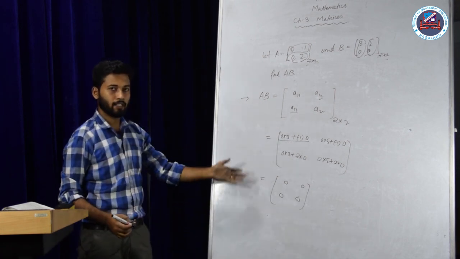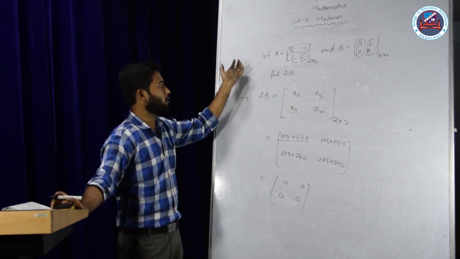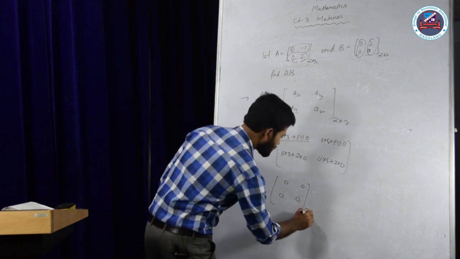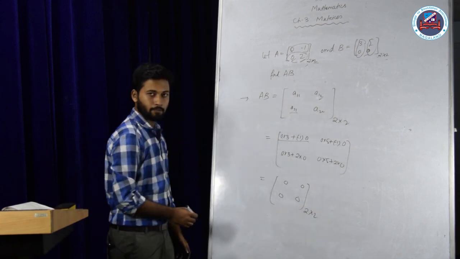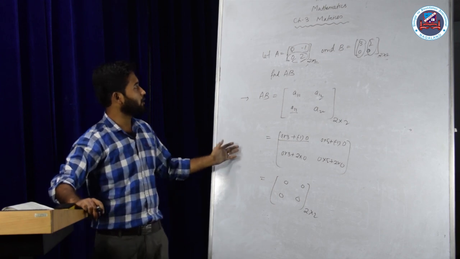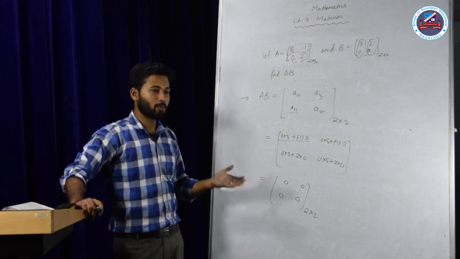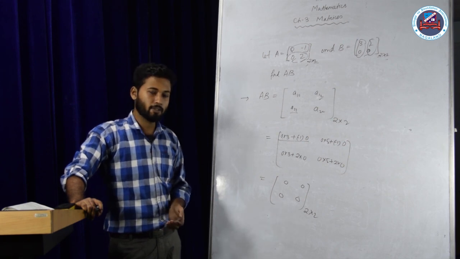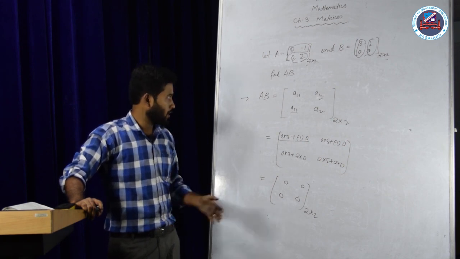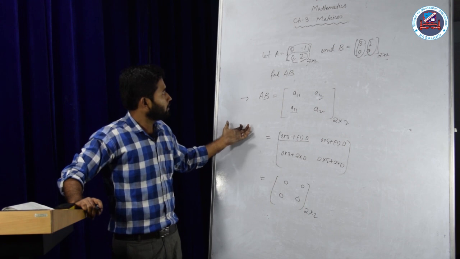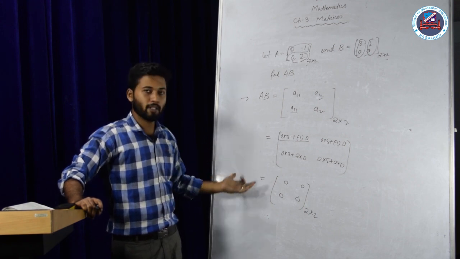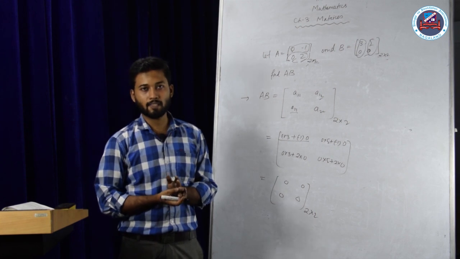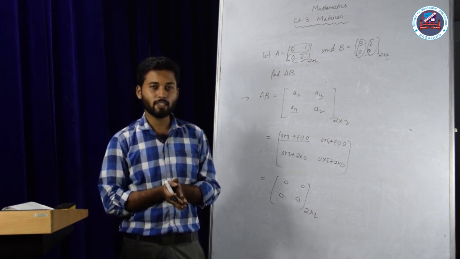And thus we have multiplied two matrices having order 2 by 2, and we have got the new matrix which also has the order 2 by 2. Fine. So that's all about the operations of matrices, and the properties of the matrix operations have been reduced in your new syllabus. So this will be the end of the operations of matrices, and in the next video we shall discuss the problems from exercise 3.2. So thank you, stay home and stay safe.